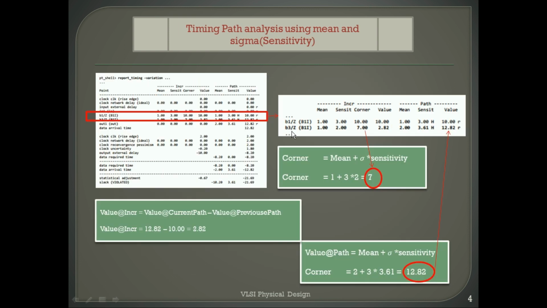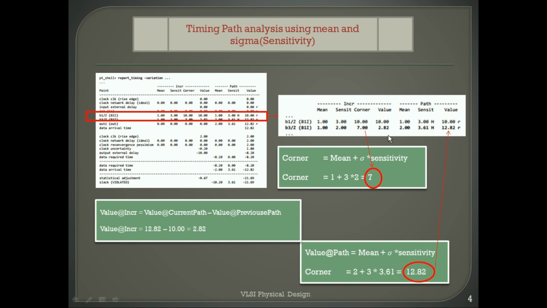So I will take the P3/C instance. Here the corner value will be calculated using this formula: mean plus sigma into sensitivity. Mean is 1 and sensitivity is 2 and sigma is set through the app option, that is 3. So the corner value becomes 7. Similarly the path value.